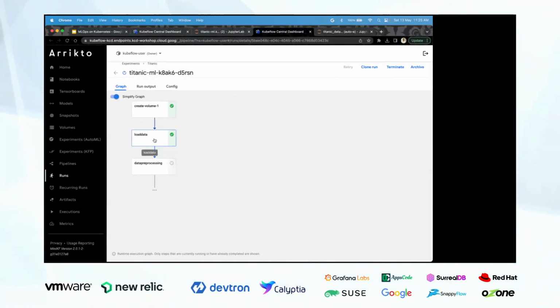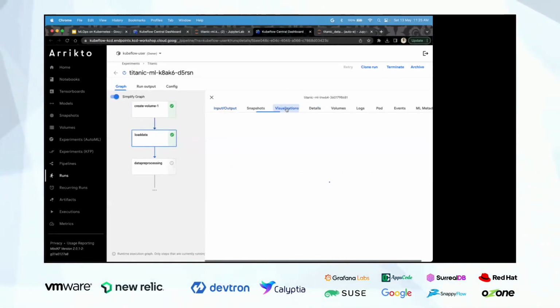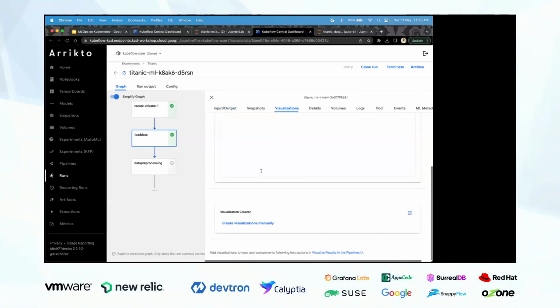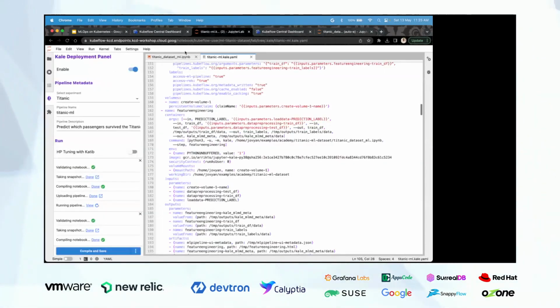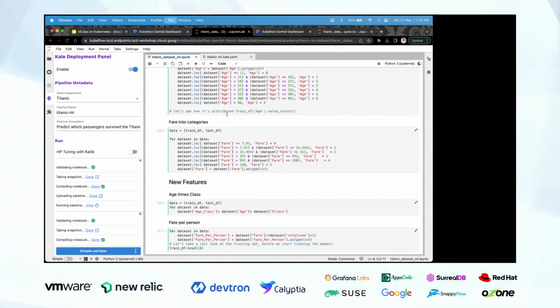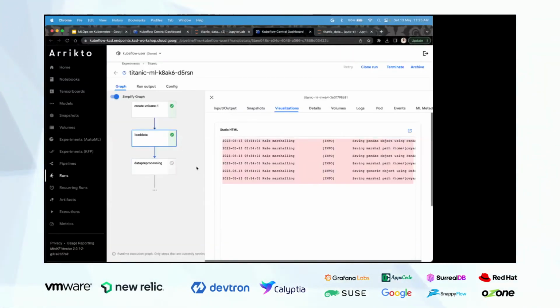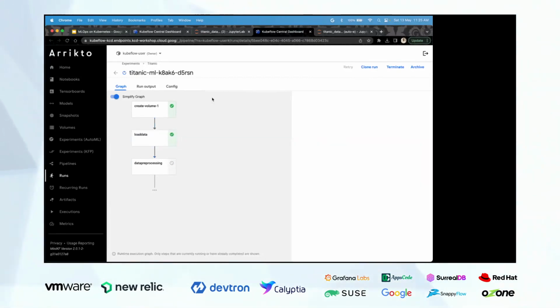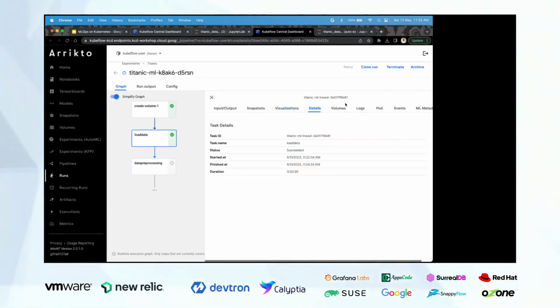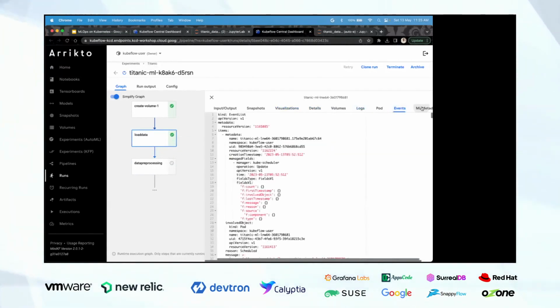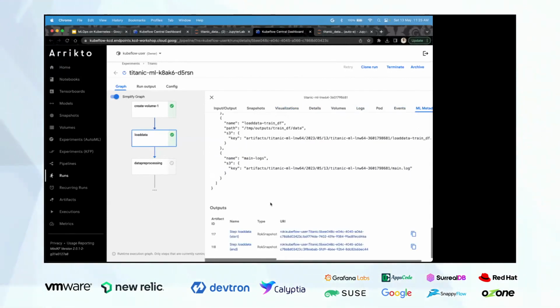So you can see that load data is done now. In the visualizations, we can see there are multiple things. In the load data section, there might be no logs being printed over here, so that is why there's no visualization. But once the pipeline proceeds, we can see different logs over here. For each component, we will have all the details like logs, what the events are, and the ML metadata corresponding to that, like these are the steps.